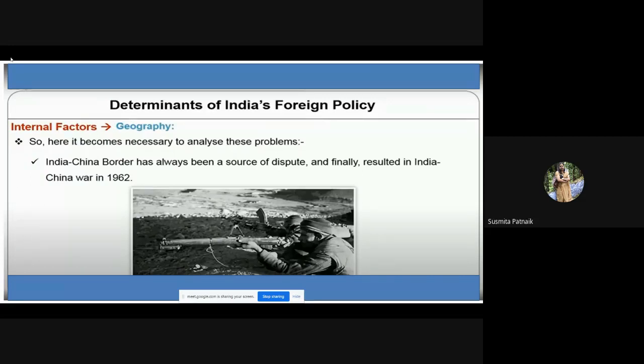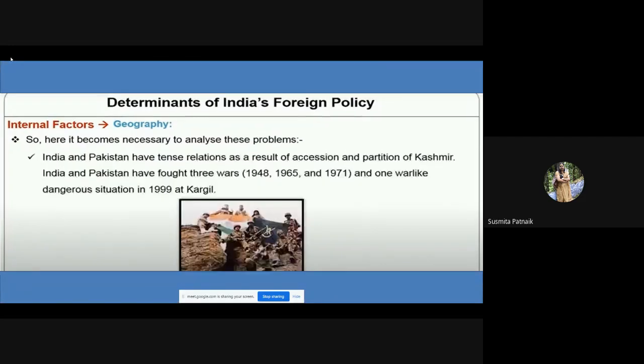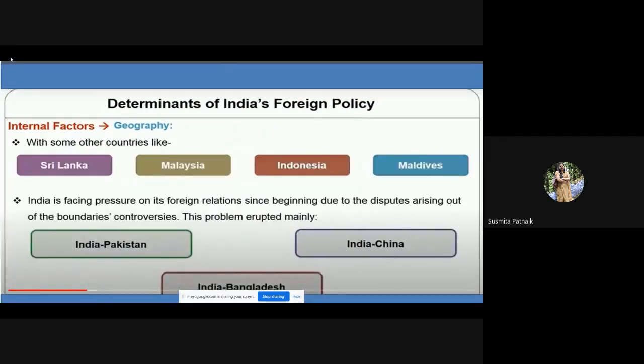So here the second factor is the India-China border war. We know that India has a tense relationship with China, and it has been a source of dispute and finally resulted in the India-China border war in the year 1962. Then with Bangladesh, the water resource dispute has always been a source of dispute between India and Bangladesh. So these three countries, India-Pakistan, India-China, and India-Bangladesh,